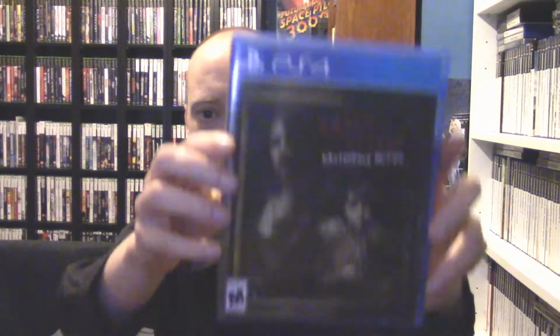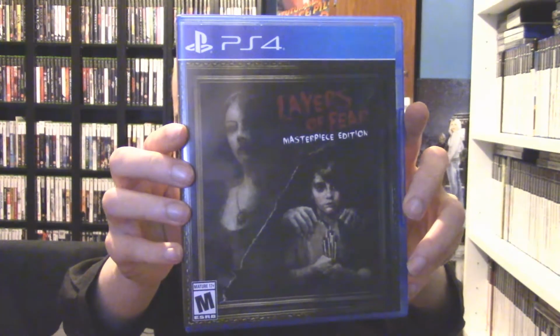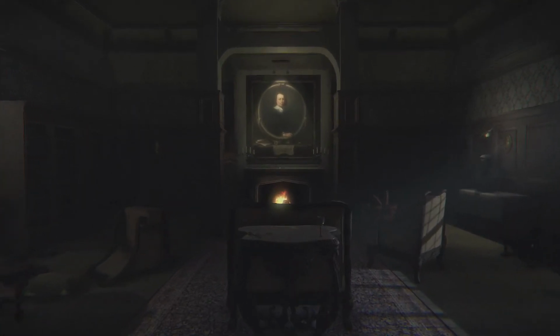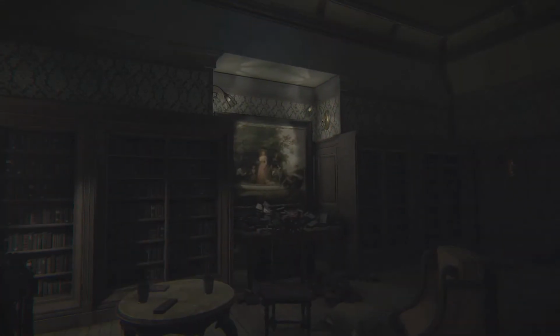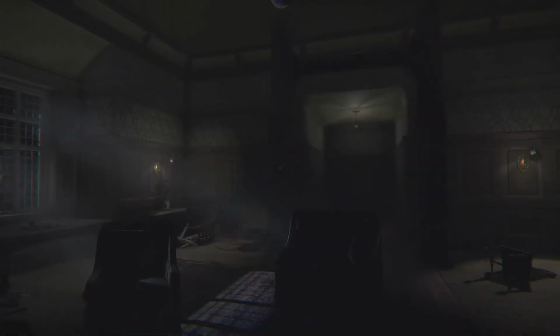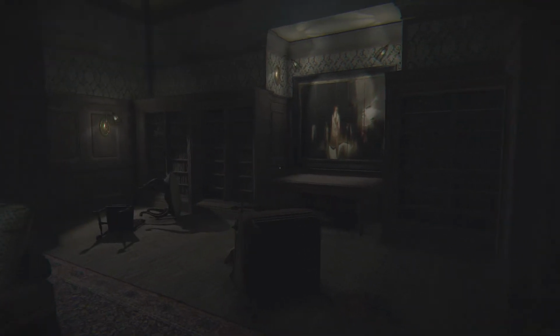Next up we have Layers of Fear Masterpiece Edition for the PlayStation 4. Another great pickup from Limited Run Games. This is a first-person psychological horror game. The Masterpiece Edition includes both Layers of Fear and the Inheritance DLC in a single horror-filled package. Delve deep into the mind of an insane painter and discover the secret of his madness in Layers of Fear, and Inheritance expands the plot and tells the story of the painter's daughter who comes back to her childhood home